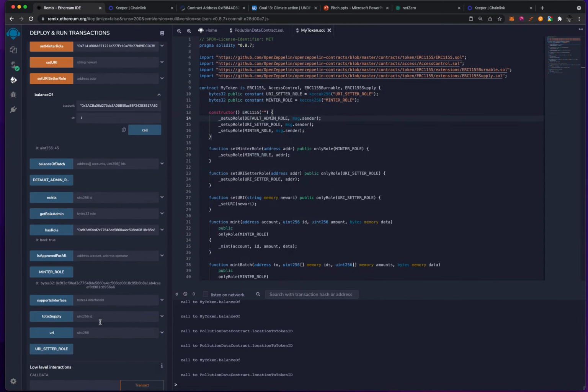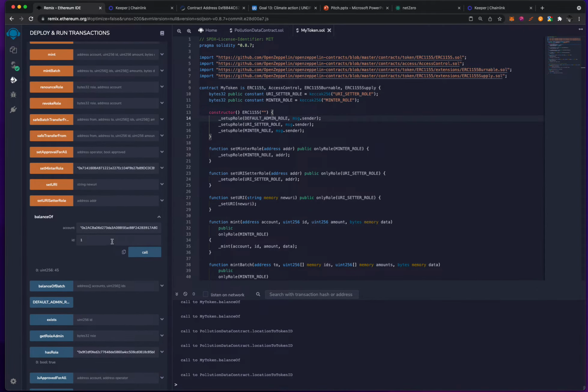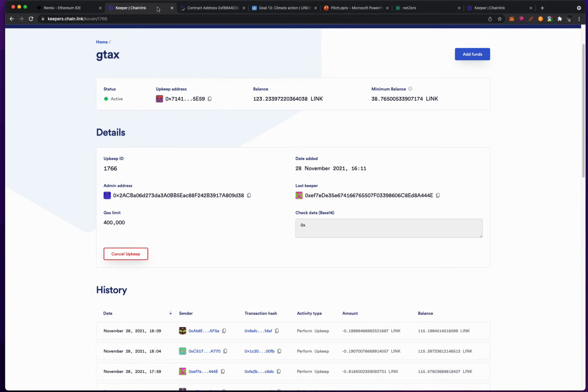So what that simply means is we can now look at the balance of that specific token ID, and you can see that it's being constantly updated by using Chainlink keepers at regular intervals.